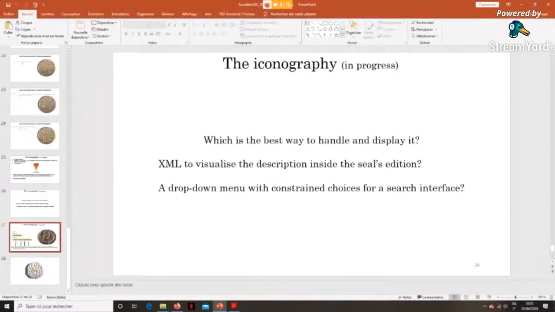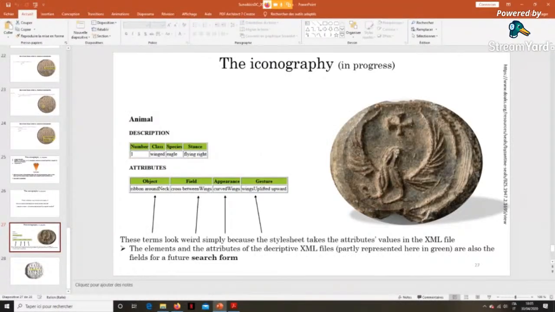This is, of course, a very ugly output. It is just to have an idea of that. It's based on a very simple XML encoding of the iconography for animals, and you have here some of the major categories, but not all, according to which the information could be displayed. These terms look weird because the style sheet takes them simply as they are, the values of the attributes in the XML describing